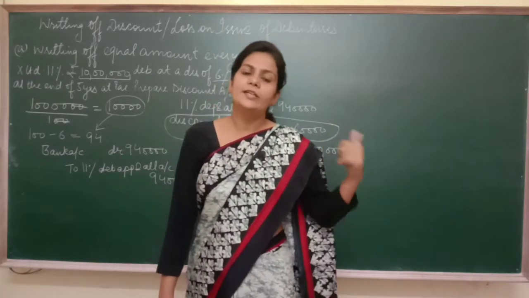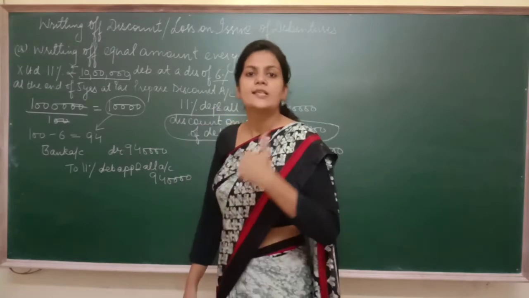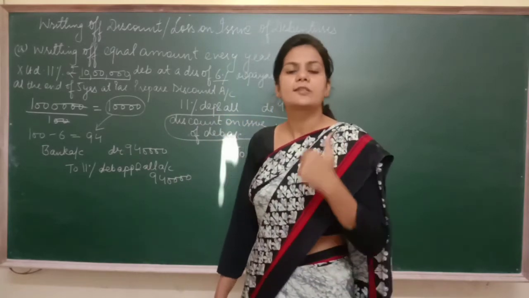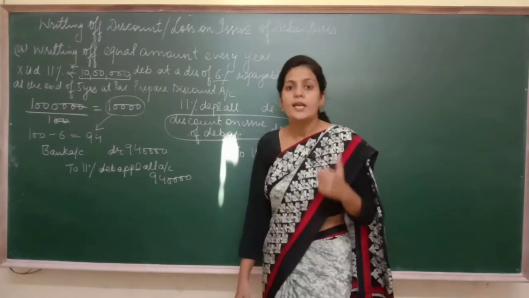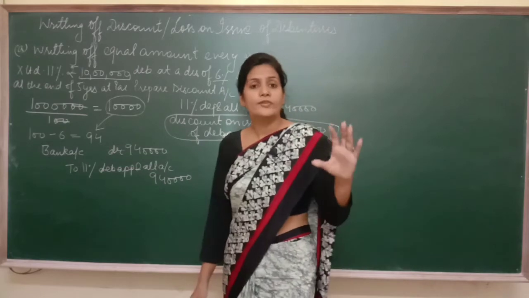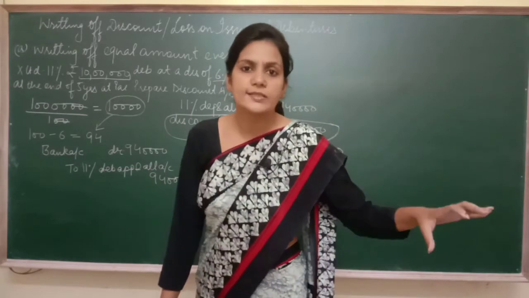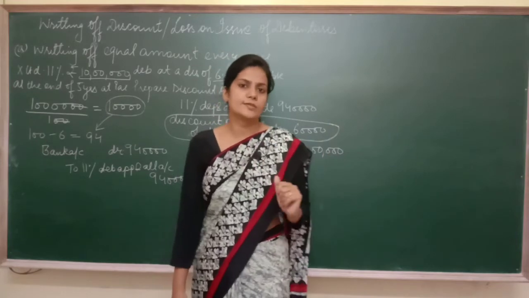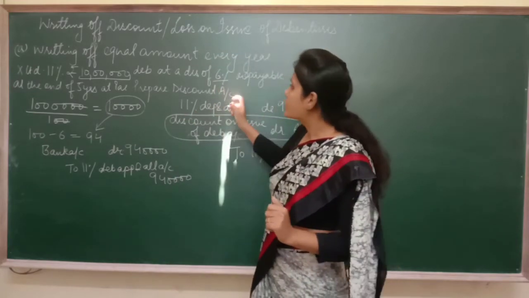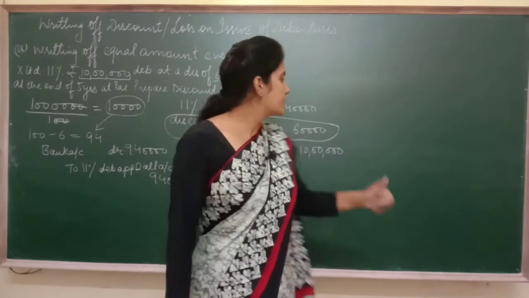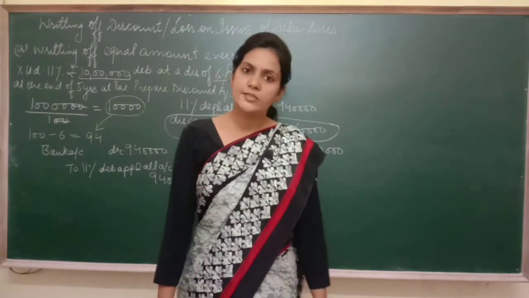It means that you need to write off these debentures out of statement of P&L account, or in simple language, the net profit disclosed by trading and P&L account. Now the discount is of rupees 60,000. I told you a number of times that we can write off the discount on the issue of debentures during the lifetime of the debentures. Now here debentures have been issued for 5 years. It means I have the time period of 5 years to write off this discount of 60,000.